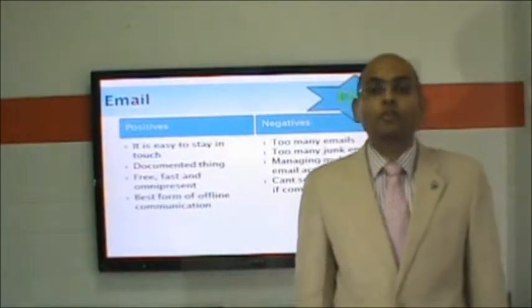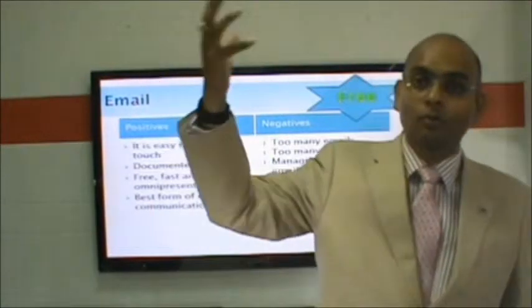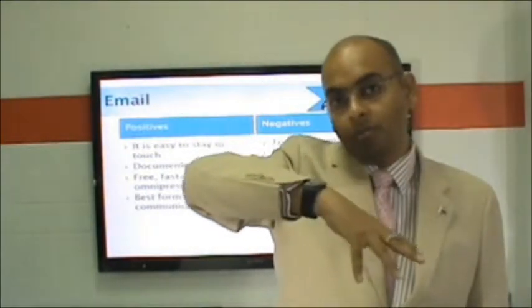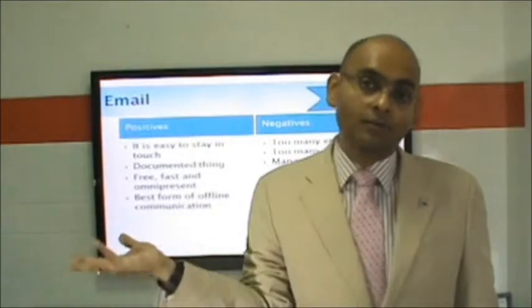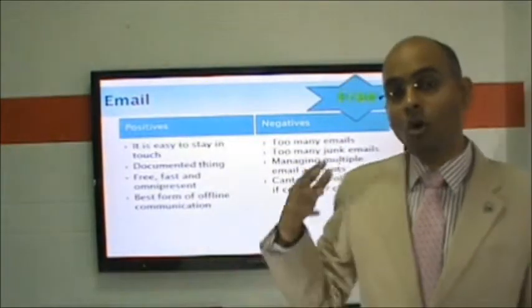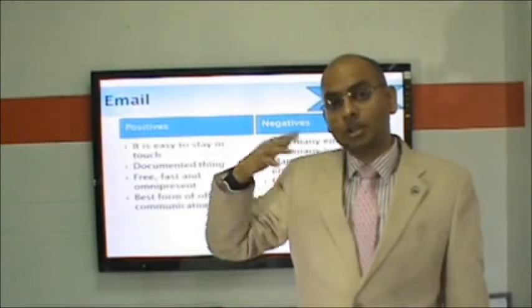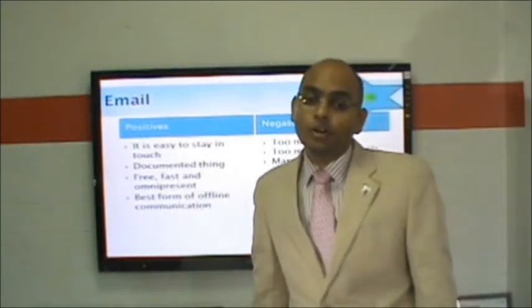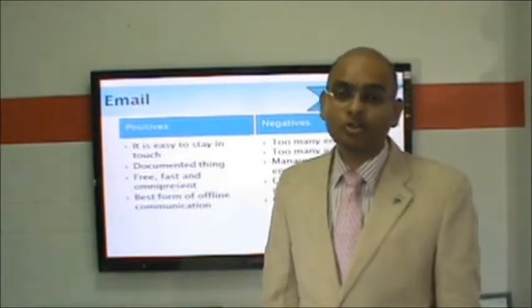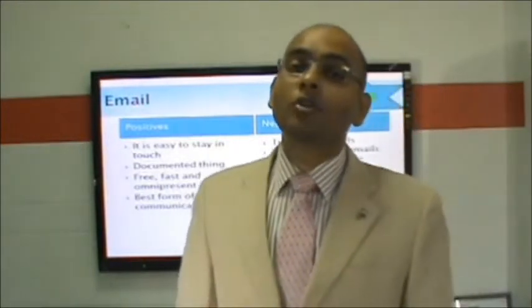Can't search old email if the computer changes. When you have emails downloaded to your computer and the computer changes, you can't search unless you migrate that file to the new computer, or you use online. In each case, it's a difficult, cumbersome process, but then you can search the old emails. Can't print everything, as the paper load will be too much. That is not a negative of email, but because email is so easy to use, people send a lot of emails, and you cannot actually print everything. You need to have most of the things in soft copy.